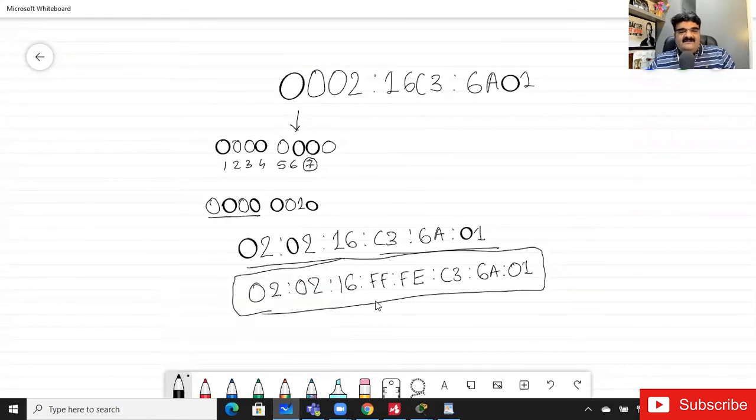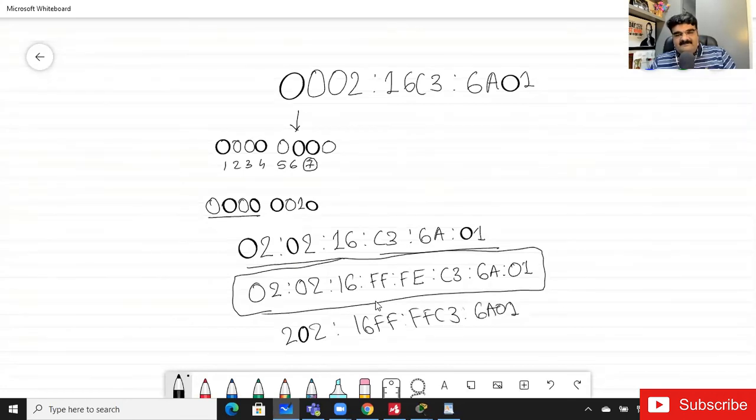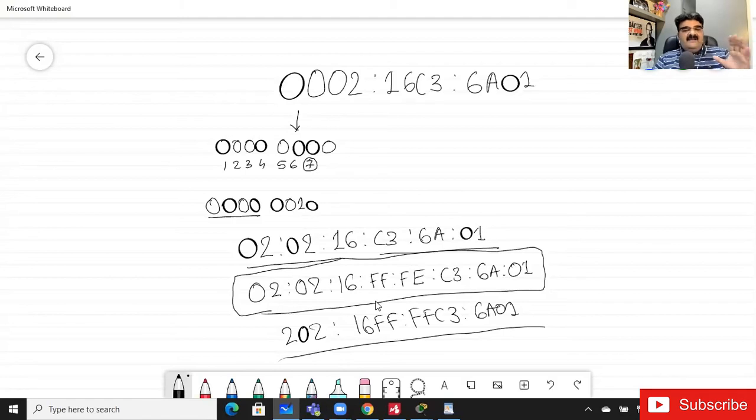We can neglect the prefix 0, so it will be 0200, then 16FF, this is the right format of IP version 6, right? Then C3 and colon 6A01. Okay, got it? It is the way IP version 6 EUI works.